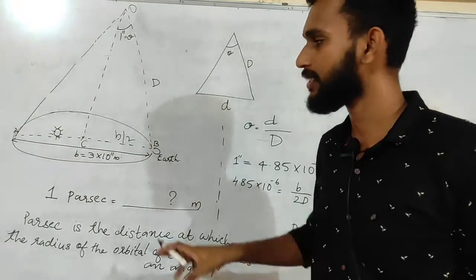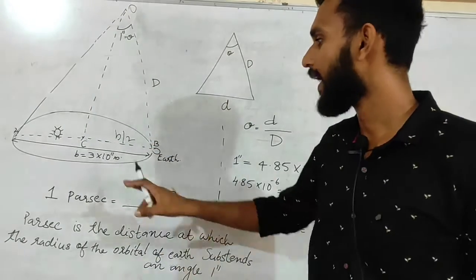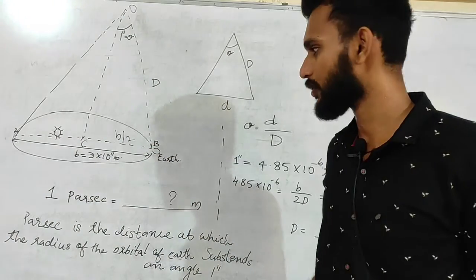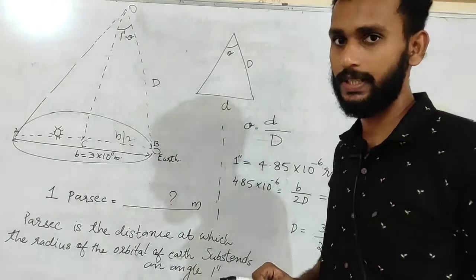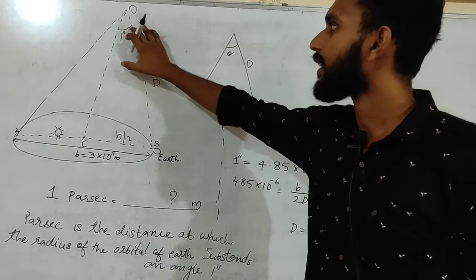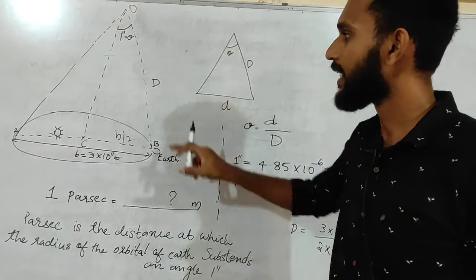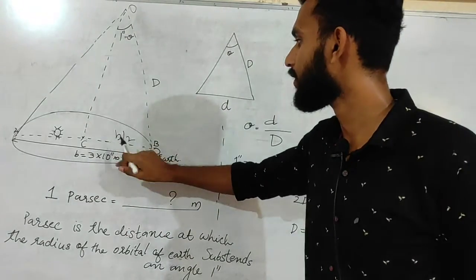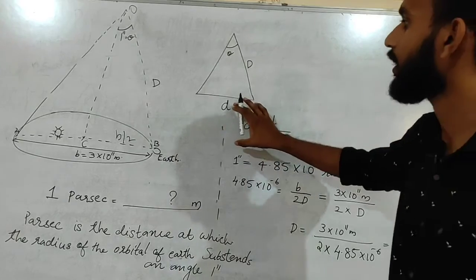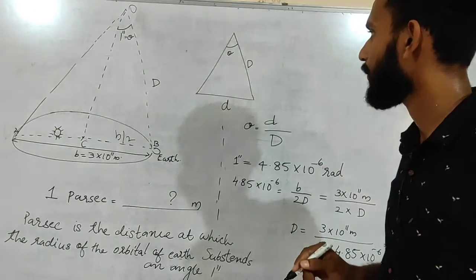If you are taking that distance, that will be B by 2. The value of B is already given in the question, that is 3 into 10 to the power 11 meter, and the arc angle is 1 second. In such a case, if the small d, suppose you are comparing that with the parallax method equation, so